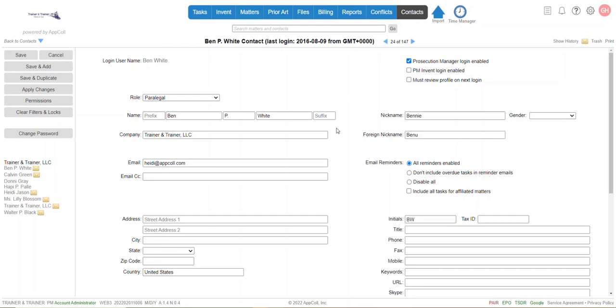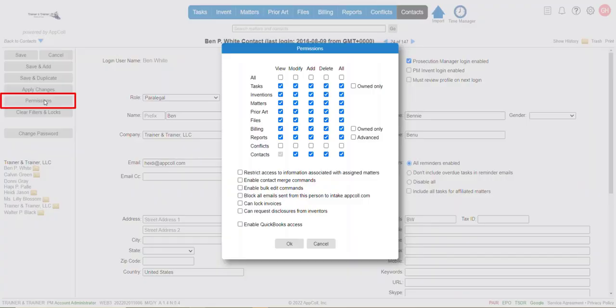Hi, this video focuses on contact permissions and how to determine what permissions to set for a given person that has a login. So for example, we have Ben here, who is a paralegal. They have a login, a prosecution manager login, and we want to set their permissions as to what information they are able to see. To do so, we're going to click on the permissions button, and we're going to get